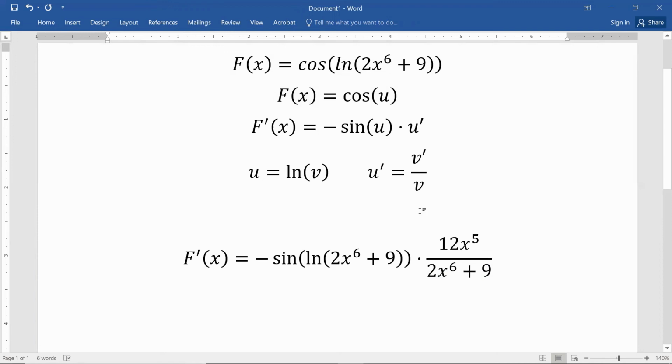So there you go. There is not going to be a you-do problem for this because these types of functions are not going to come up a whole lot. They could come up, obviously, but they don't come up very often. So we are not going to spend a whole lot of time doing derivatives of this type.